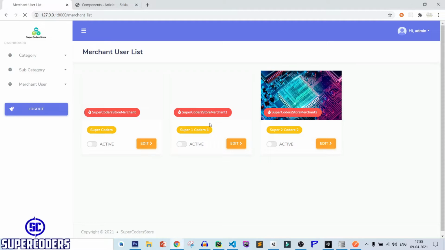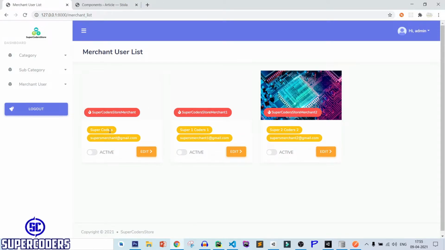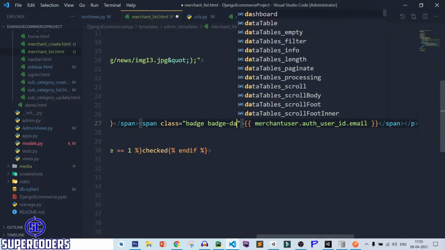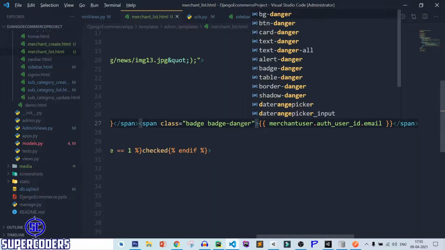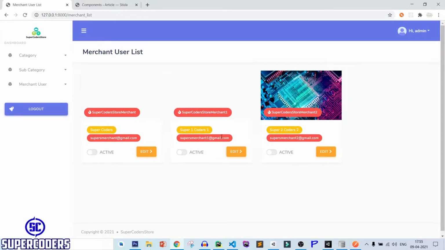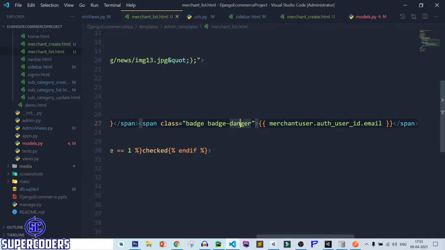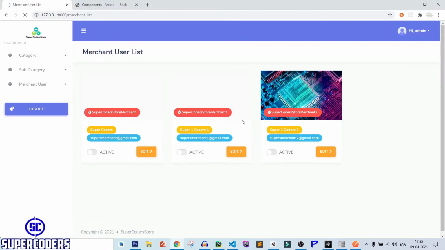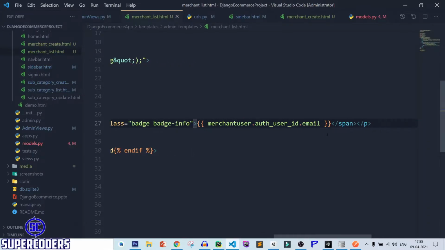Save it, refresh page. You can see username, first name, email. After that change it to danger. Save it, refresh. Or info. Refresh page. You can see profile pic, username, first name, last name, email, and other details.